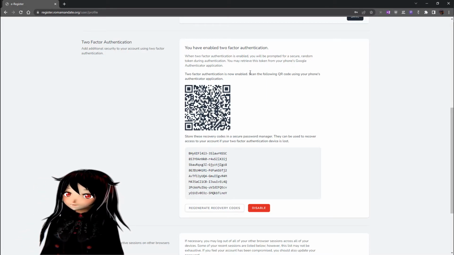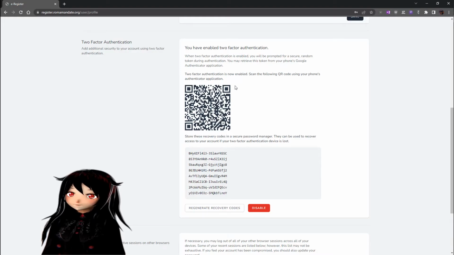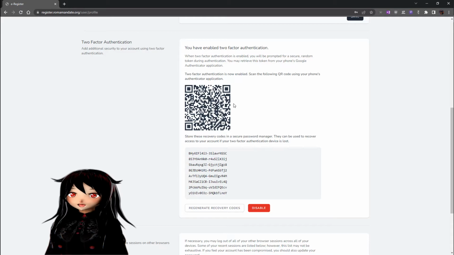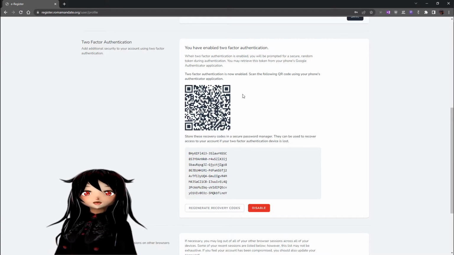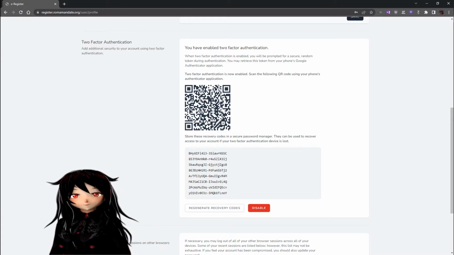And at this point here, you are going to see that it has created this sort of square barcode. This square code here is a special kind of barcode known as a quick response code. It's kind of like a barcode, but it contains a lot more information and is designed to be rapidly scanned much quicker than a barcode by a computer. And underneath the barcode, these are